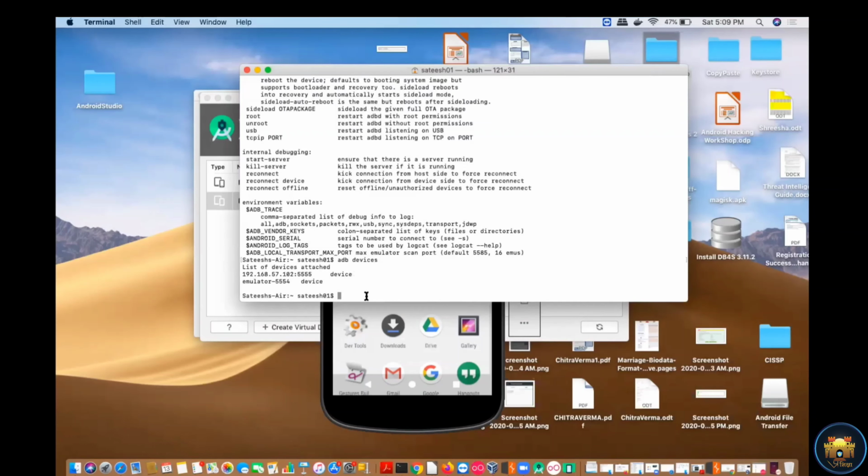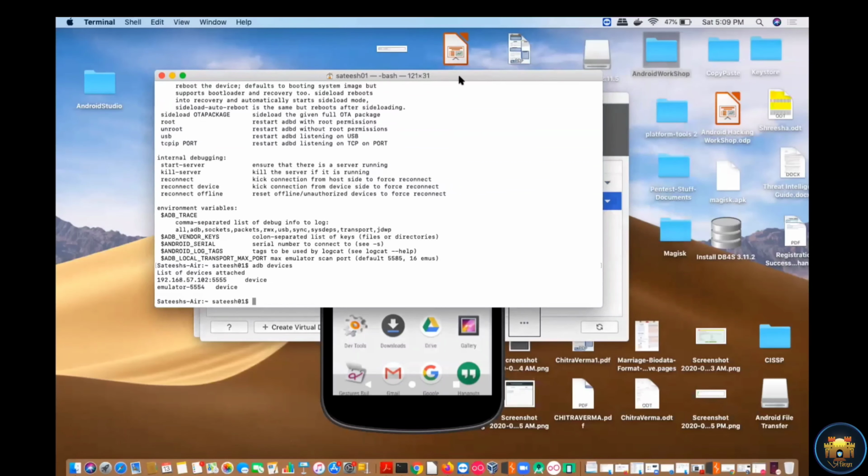So what you need to do is first understand the ADB commands, because we will be using the ADB command throughout the session, right? ADB can be used to install and uninstall the application. Also, when we push the Burp certificate into your emulator, we will be using the ADB command.